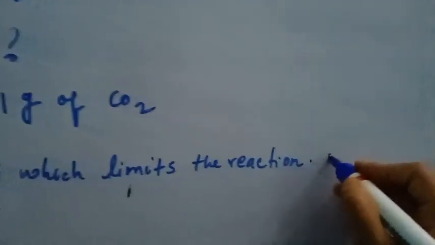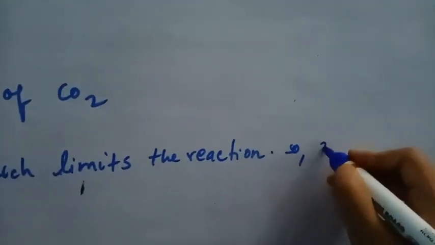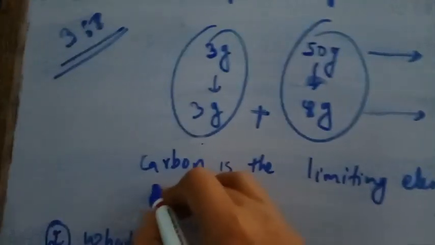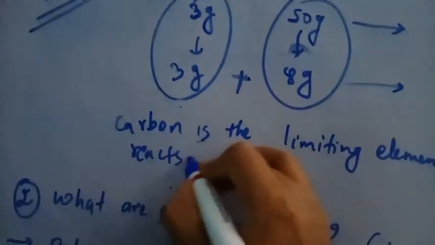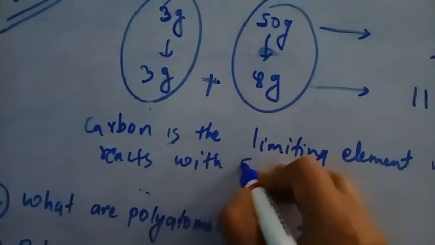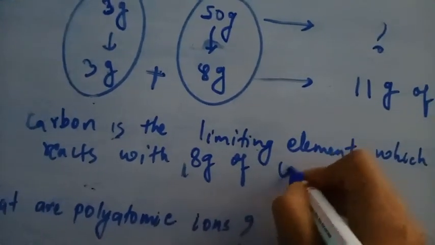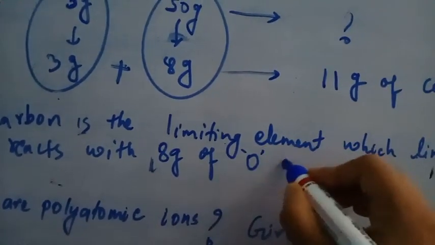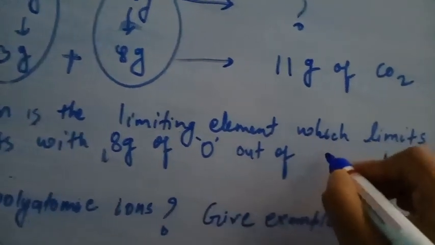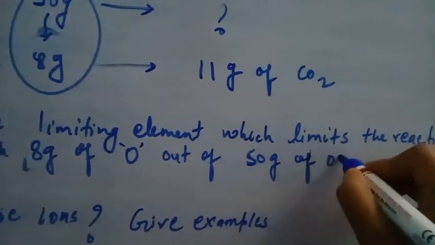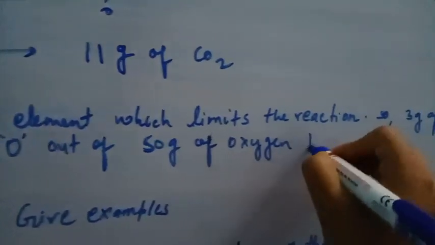So 3 grams of carbon reacts with 8 grams of oxygen out of 50 grams of oxygen to form